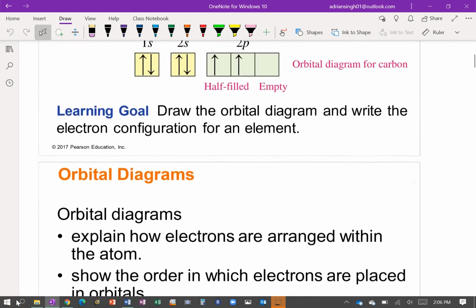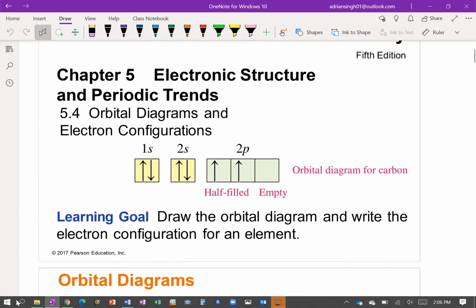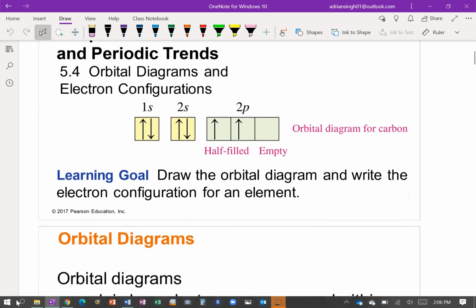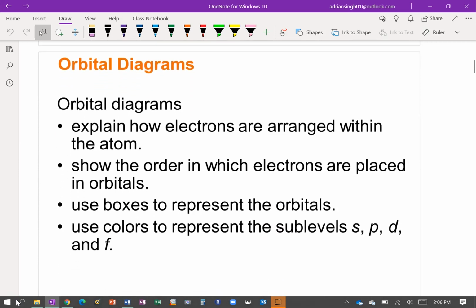Okay, so now that we have discussed energy levels, sublevels, and orbitals, now we're going to put all of this into practice in trying to figure out how electrons are arranged in a particular atom. The first way that we're going to do this is by using something known as orbital diagrams. These orbital diagrams are going to help us explain how the electrons are arranged inside an atom. They're also going to tell us the order in which the electrons are going to be placed in a particular